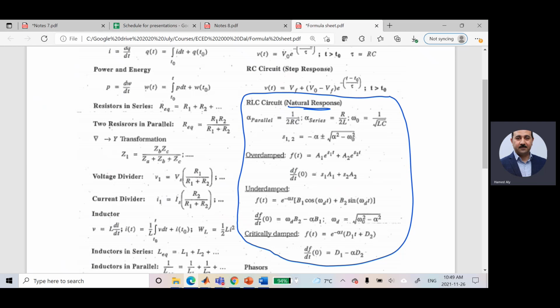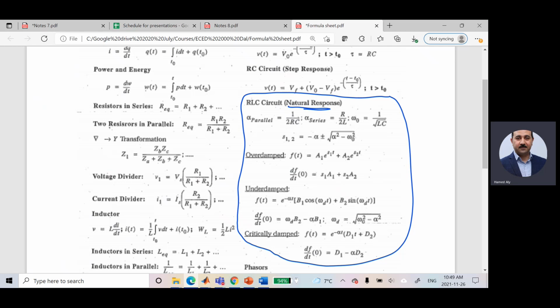If we are talking about step response, what should I add? Plus f. It could be If or Vf. So let us talk about the 2 different cases. I'd like you to pay your attention to that, because you are going to use that formula sheet for the final exam. If we are talking about parallel RLC,